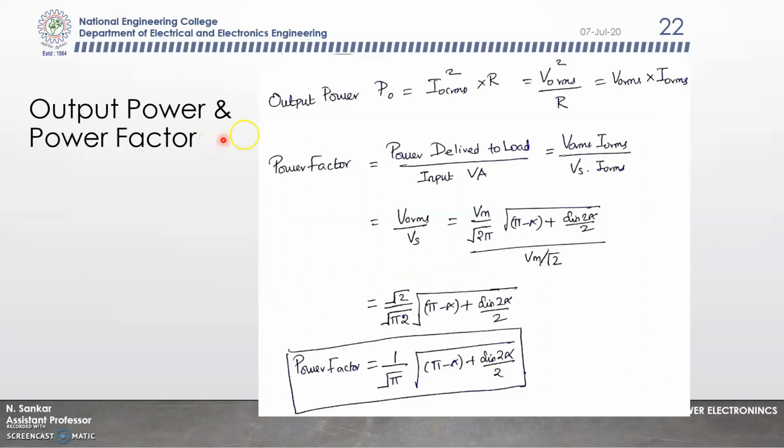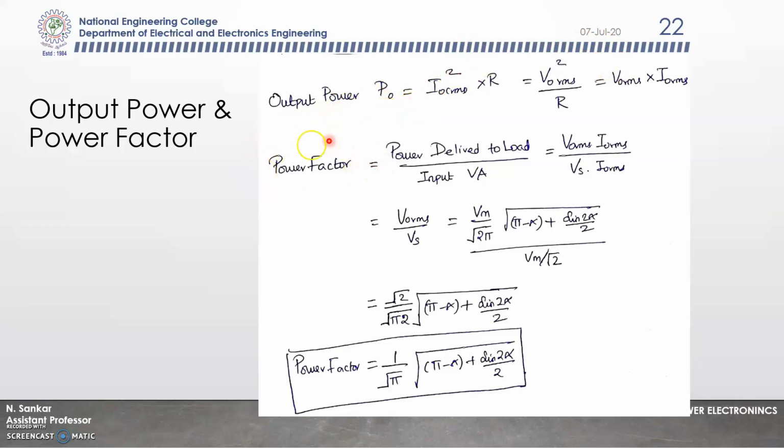So finally, that is output power. The formula for that is nothing but the product of voltage and current, that is VI, or I square R, or V square by R. Anything we can use, but for the voltage and current we want to use RMS voltage or RMS current. So you can use any of the three formulas given here for the output power.